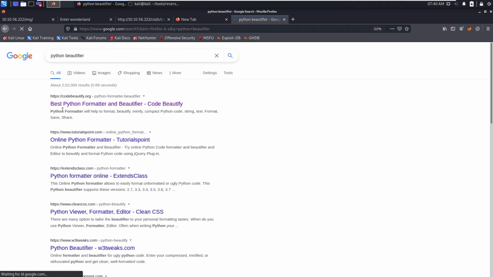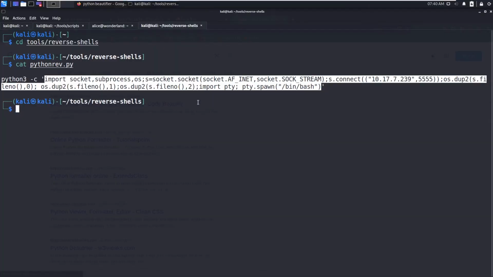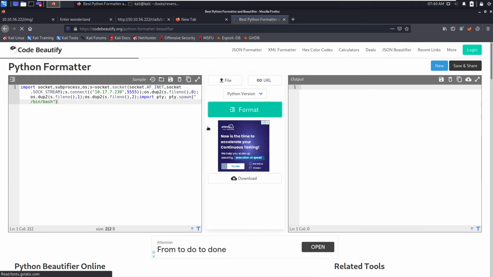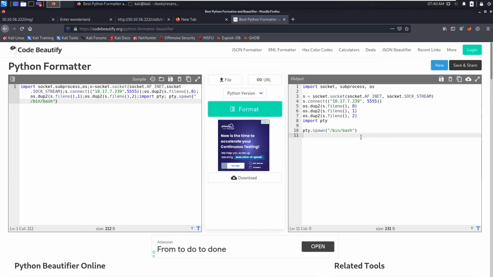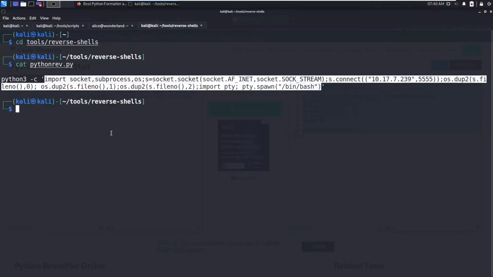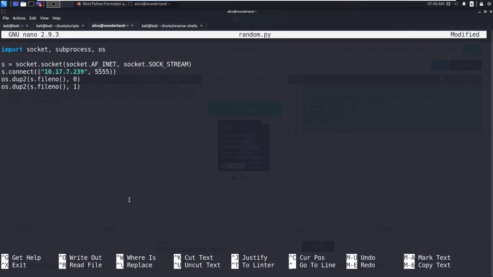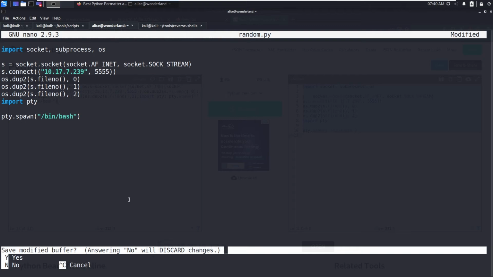This should align the code according to the semicolons, creating a new line for each. Paste here and click on format. So this should do it. Copy all this, go to nano random.py and paste this. Now save this. You can see it's connecting to our port 5555.